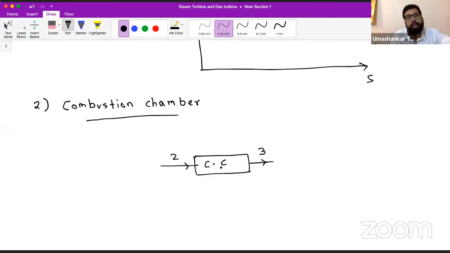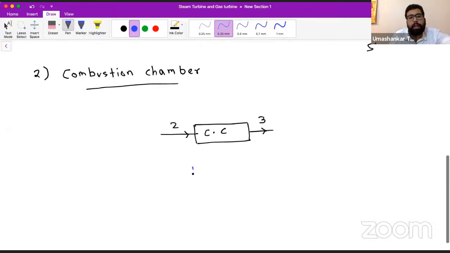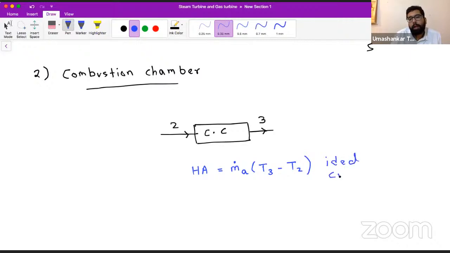and leaves at 3. What we have seen till now in the ideal cycle is that heat added is equal to m dot a Cp (T3 minus T2). This is for the ideal cycle. Till now we have been using only this; every time, heat added is m dot a Cp (T3 minus T2). But in actual conditions,